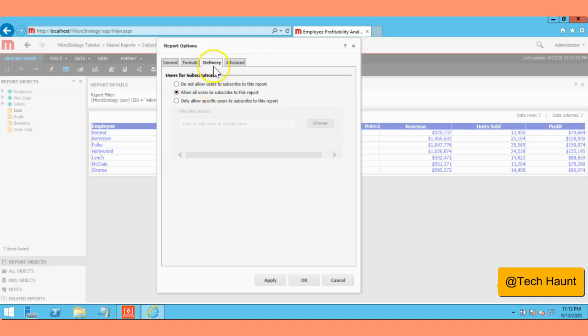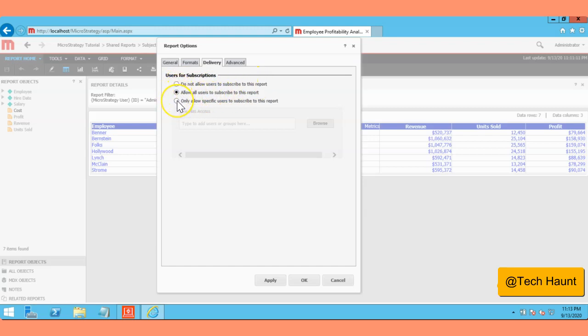You have the options under the Delivery tab, the users for the subscriptions. By default it's Allow all users to subscribe to these reports, but we are going to restrict it to specific groups, not to all. Or you can choose the first radio button here, which does not allow any users to subscribe to these reports, allow all users, or specific users.